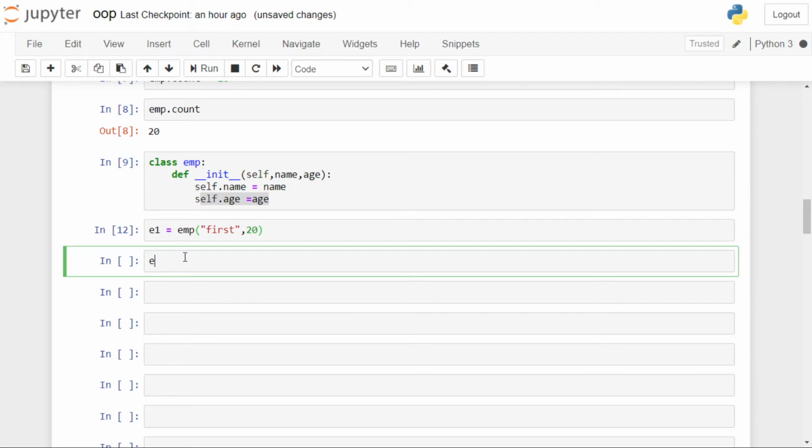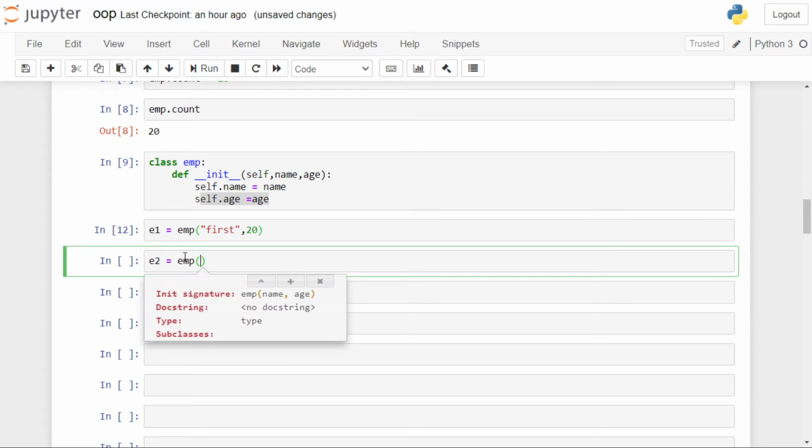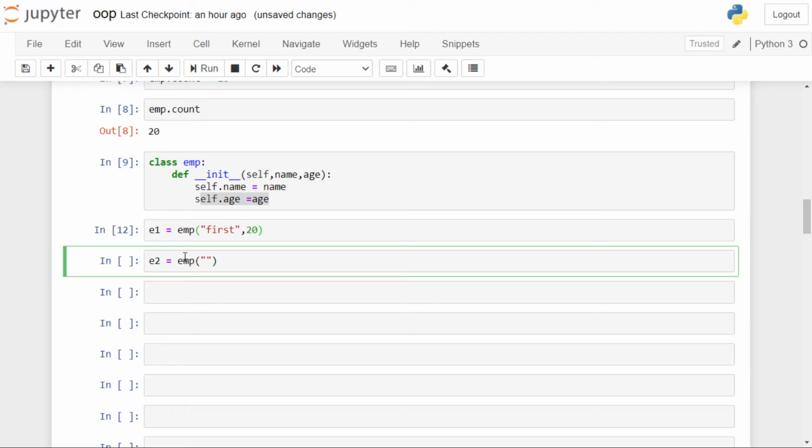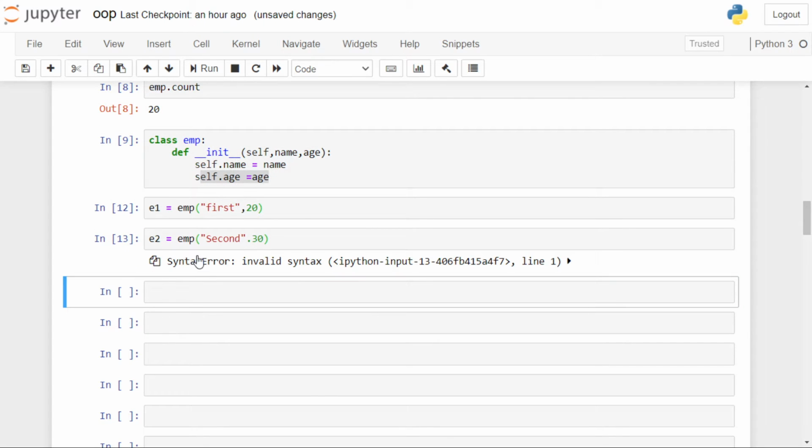For the second object e2, we call the constructor emp, and we pass the name as second, and you give the age as 30. Second object is created. Here dot should not be there, it should be comma.